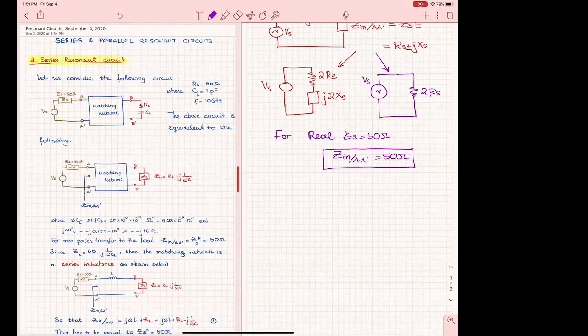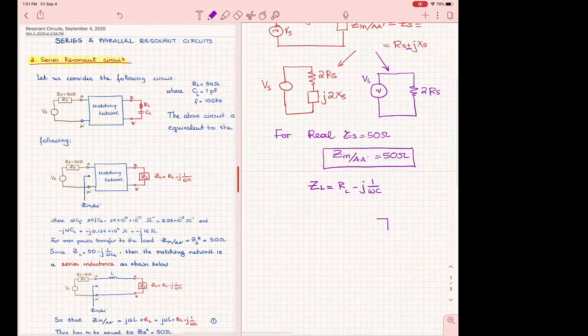We have a real part and an imaginary part in the load. The load is RL minus j1 over omega C. So if I have this load here, and since we've learned about transmission lines,